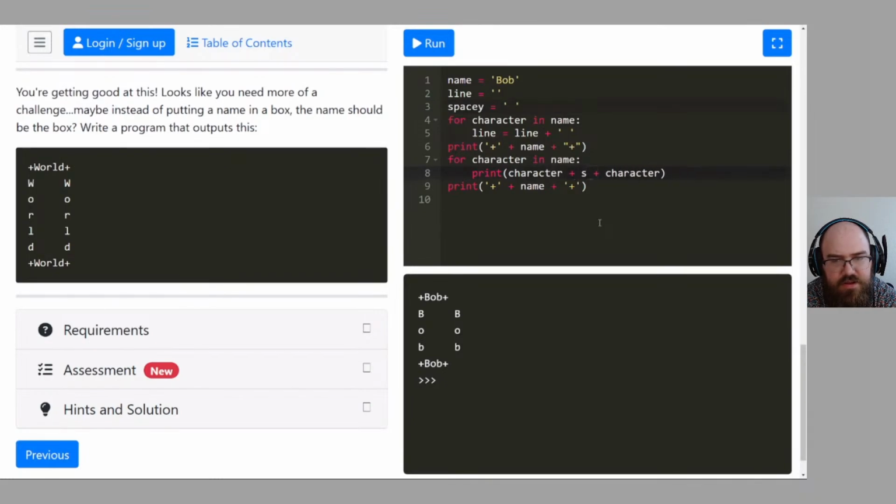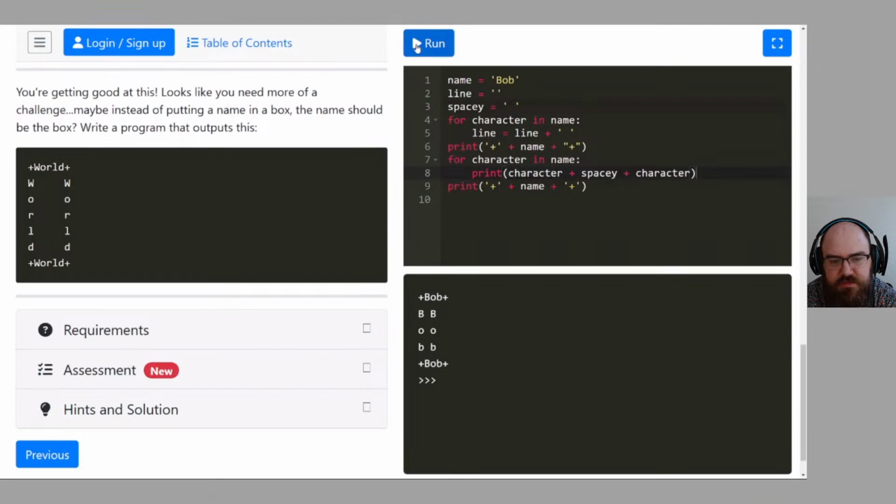Oh wait, what the heck? What happened? You typed the insert button on your keyboard. I'm gonna have to learn how to do that. Wait, what key is that? It's called insert. It's next to the delete key. You should type it again so that it goes back to normal. Right of your delete button, there should be a button called insert. Oh, okay, there we go. So spacey plus character.